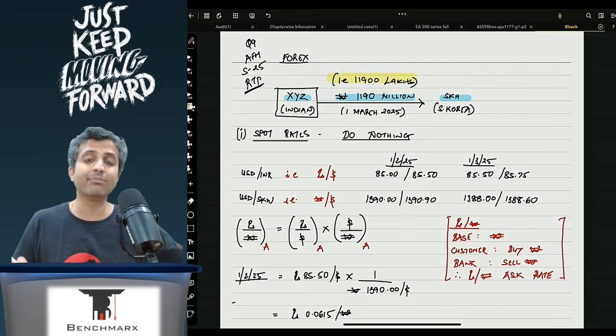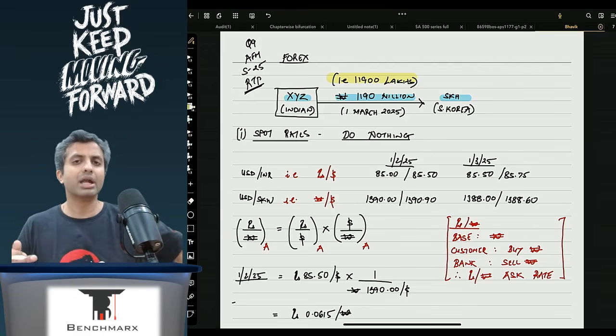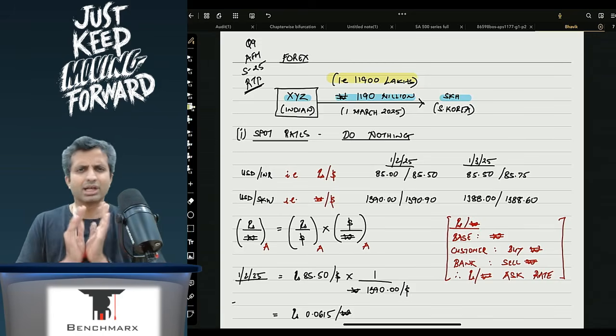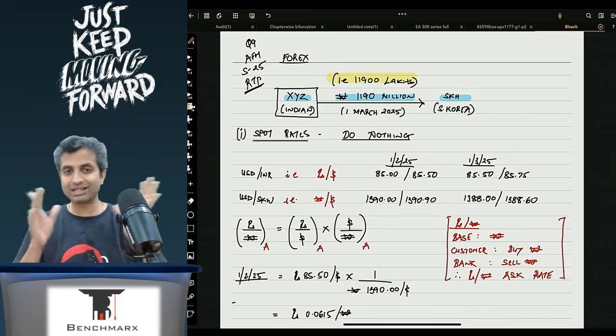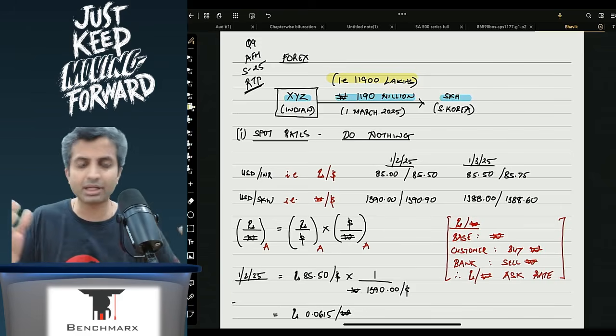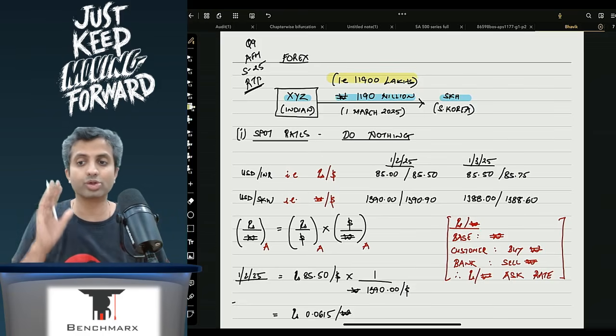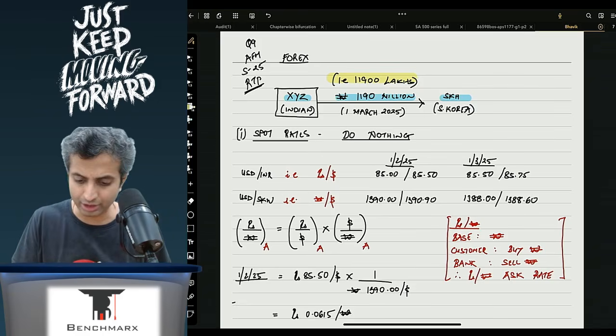Now, if you see some places in the printed solution, the institute has taken millions, some places they have taken full numbers, some places they have taken lakhs. So when you revise, looking at that, you are a little baffled that what is happening with this number here. So we have converted everything into lakhs and all our solutions, all our points are going to come in lakhs only. Okay, fine.